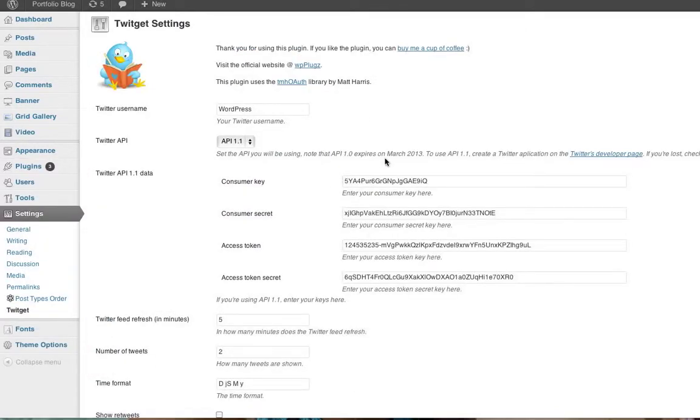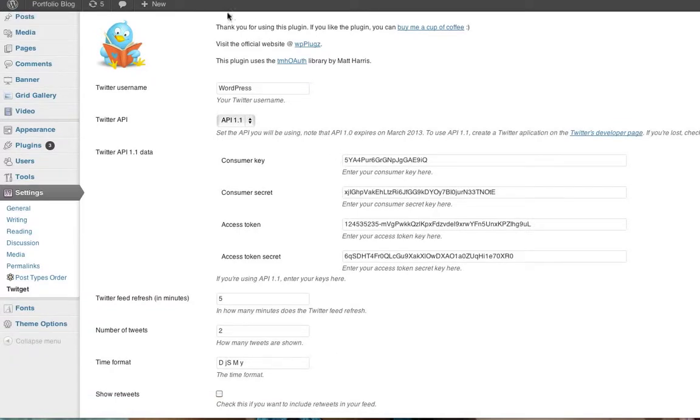Now, what I was saying earlier is basically they set their API and they've made some instance changes. So you're going to have to populate your consumer key, your consumer secret, your access token, and your access token secret. Unfortunately, in this video, I'm not going to show you how to do that. That's something you're going to have to figure out on your own. There are tutorials you can find. There's information, you'll see right here, there's a tutorial on YouTube. So basically, you need to find this information, plug it in,